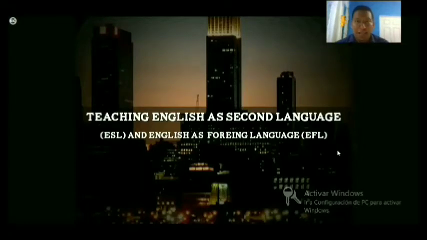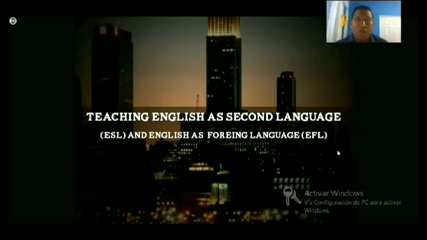The first one is when you live in a country in which English is spoken. An example of that is Canada. In Canada, there are some people who speak French, and imagine that someone who speaks French wants to learn English. As in their country English is spoken, that would be English as a second language,